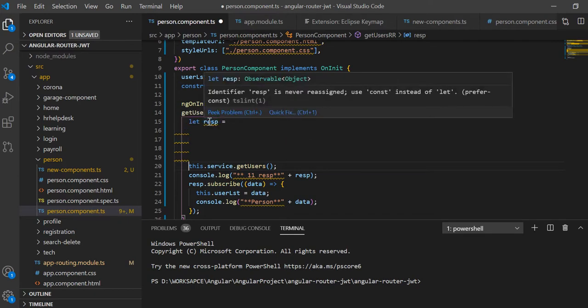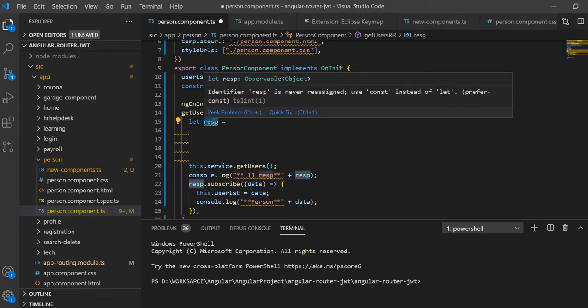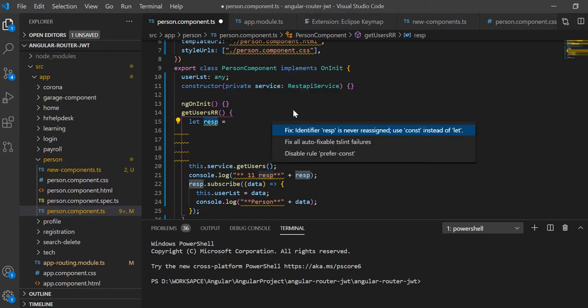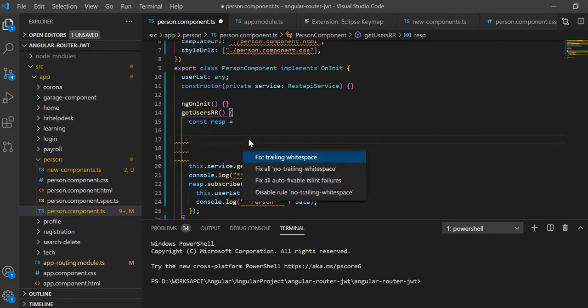And for response it is saying that instead of let you can give const, because response is not reassigned, so don't make it a variable, right? So how to quick fix: Control dot, fix identifier const, so you can easily change it. And trailing white space also has a quick fix, the same way.